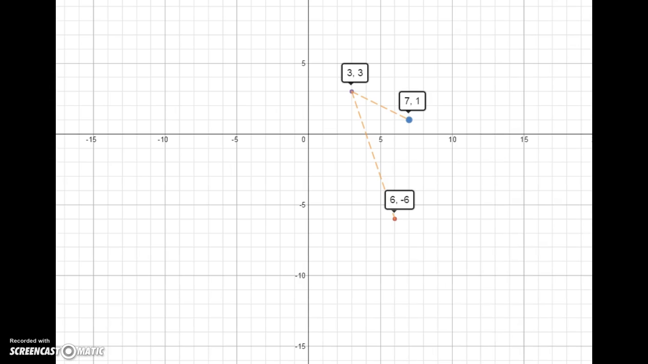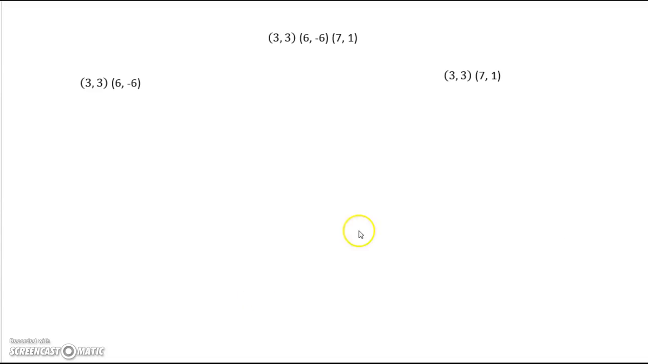So we just need the slope to do that. So let's go ahead and do those calculations. Now I'm going to work algebraically, and as you see, I have my 3 points listed here: (3, 3), (6, -6), (7, 1). I'm going to work with the points (3, 3) and (6, -6) first. So the first thing we need to do is figure out what the slope is